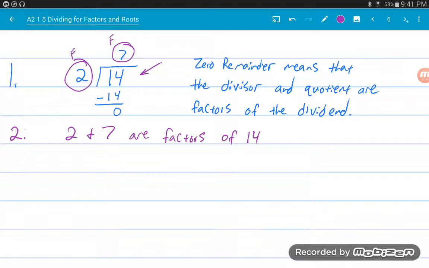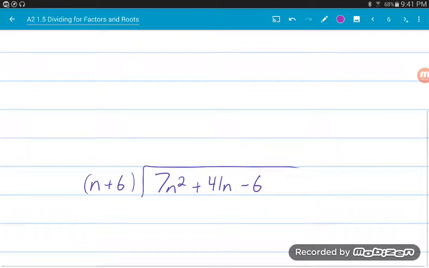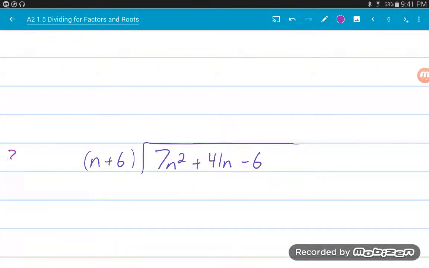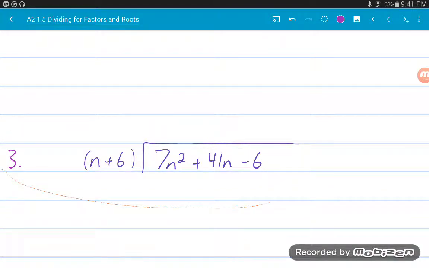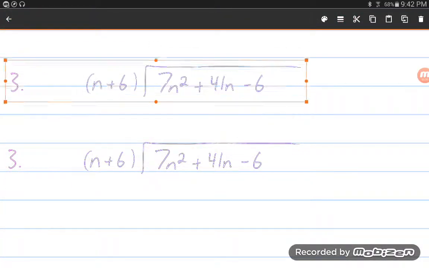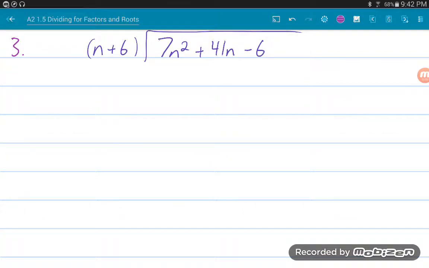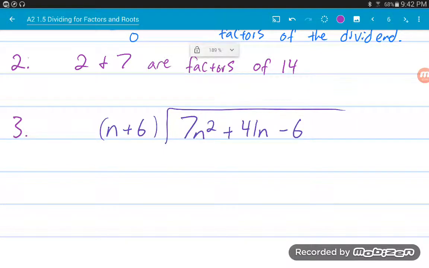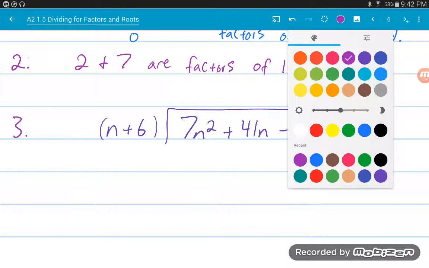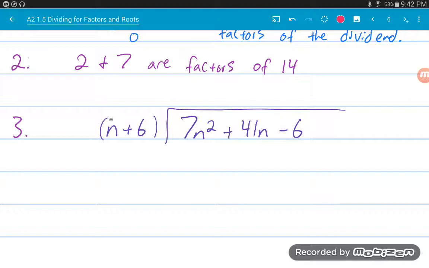Well, the first question on polynomials, number 3. I'll move this question up. So let's run through this one. We've done these enough. The division should be simple. N,